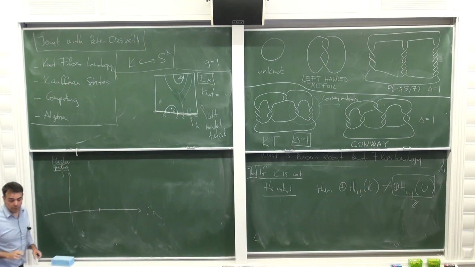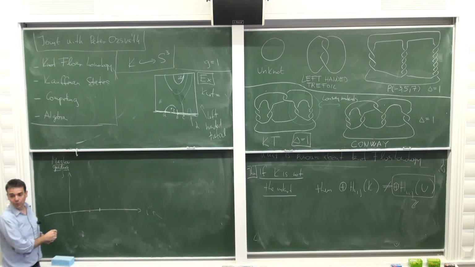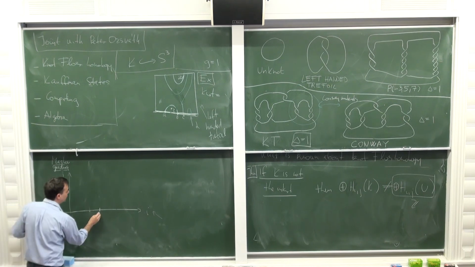So one observation first: in any diagram you have finitely many intersection points. Because of that, the chain complex is finitely supported, so the homology will also be finitely supported. So even if the knot is very complicated, you will have only a few non-trivial homology groups. But then you can take the region where the homology is non-trivial, and in fact you can take a